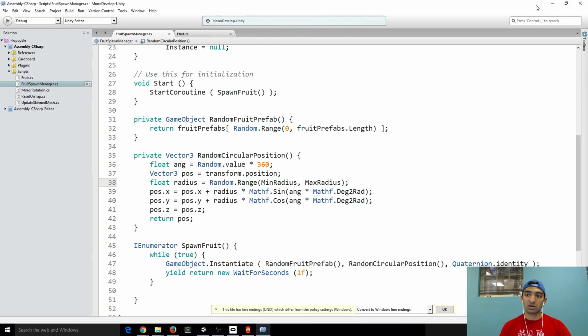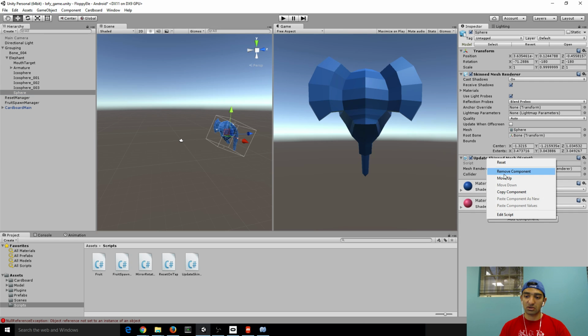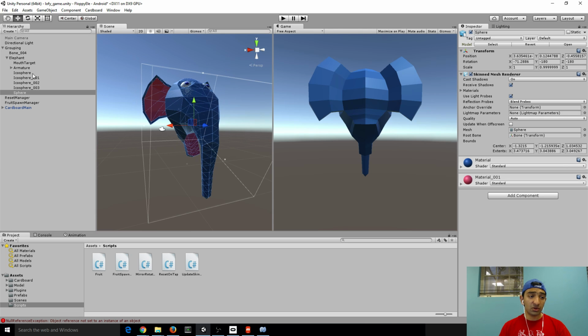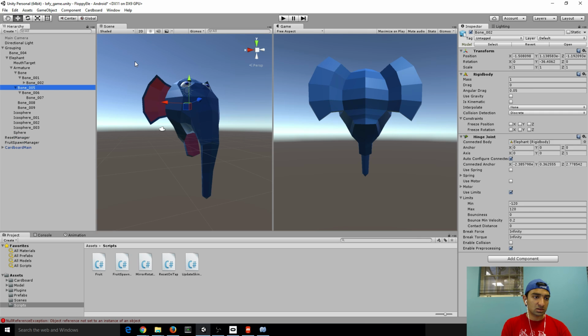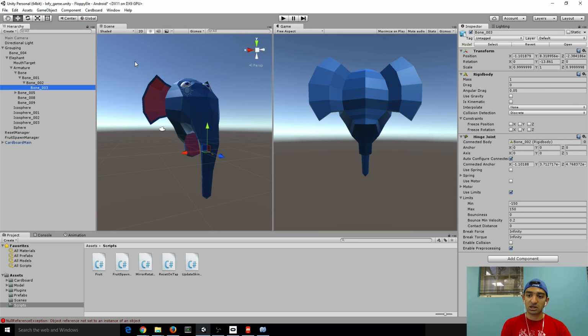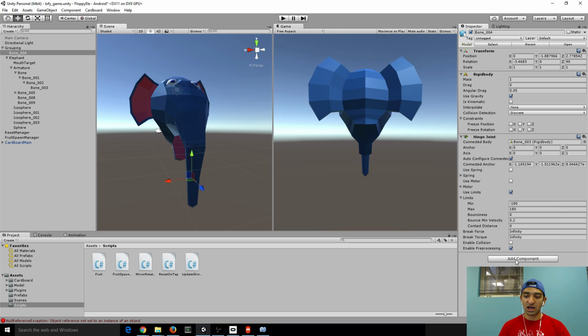So we're going to close that, and instead of this mesh collider, we're going to get rid of that. We're also going to get rid of the update. Now that we know that, we want to see where the hinges are that we added. Just these guys. Cool. These are from last time. These are the bones that we rigged. They're the hinge joints, and so what we're going to do is, including this one out here, add a